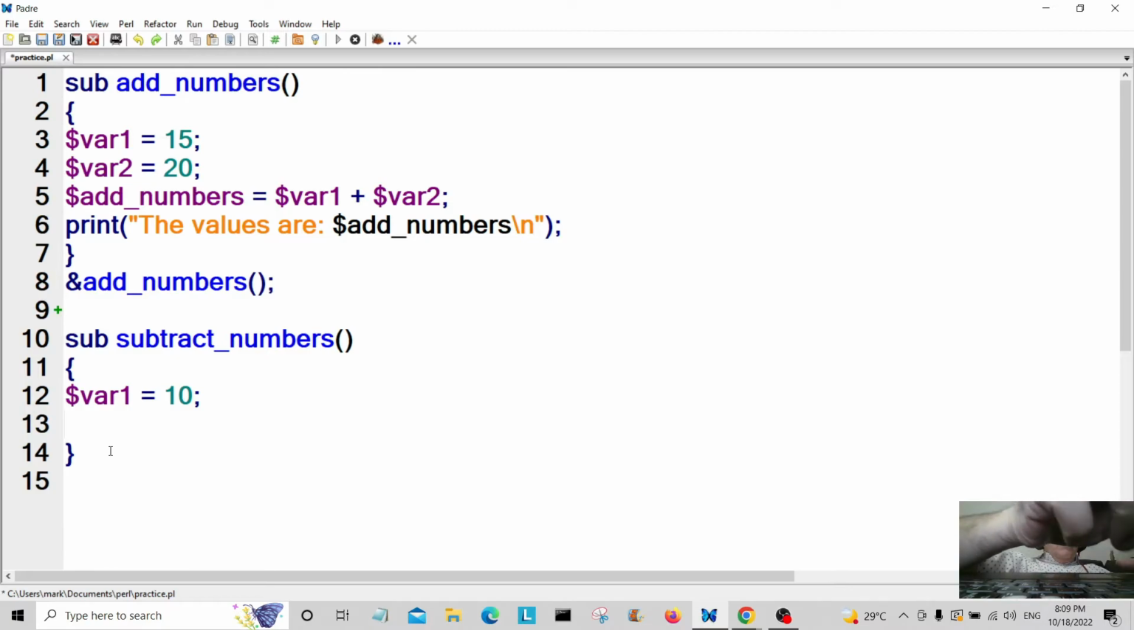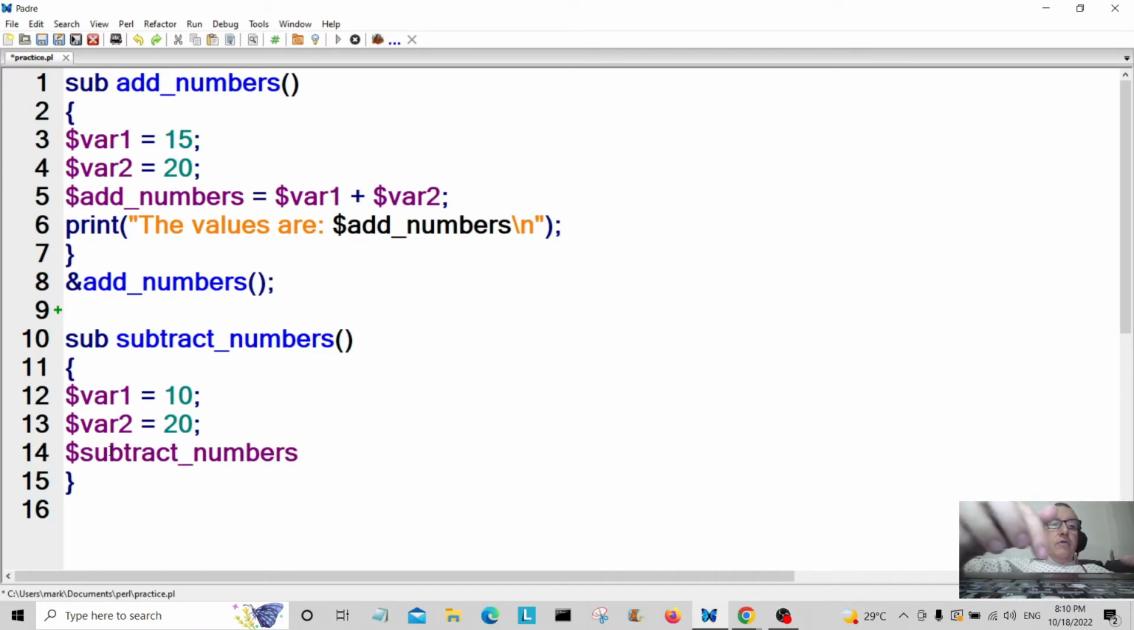Okay, then we're going to do var2 here, and that's going to be equal to, let's say, 20. Okay, and now we're going to create another scalar called subtract numbers. Subtract numbers is equal to var1, and that's going to be minus